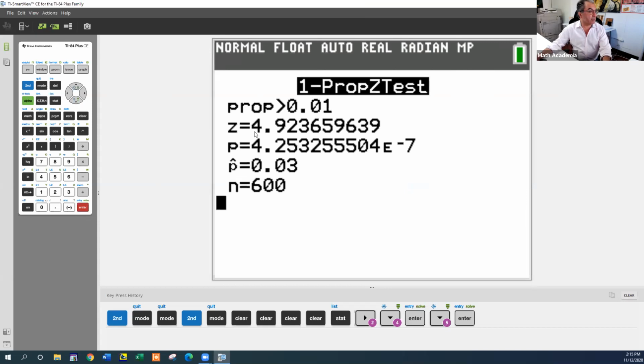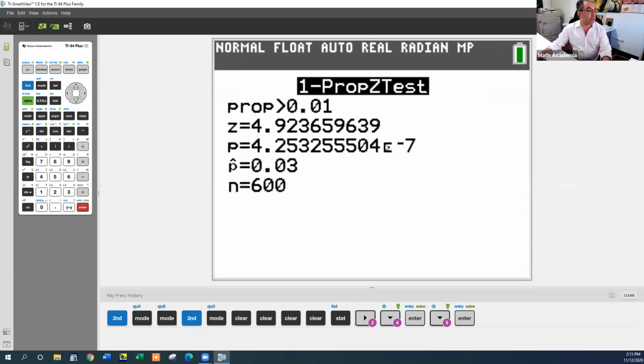So we have the claim here. Z is 4.92. We calculated that. The calculator gives you that value. That P here is the P value, which is called the probability value. That's another way to make the conclusion. I'll show you. So remember, P is